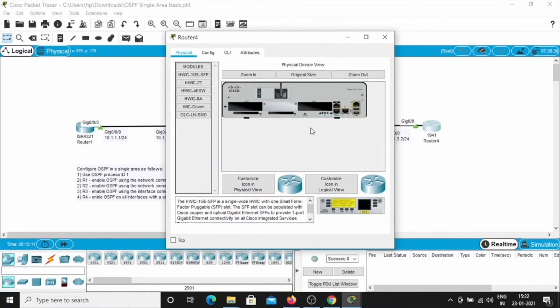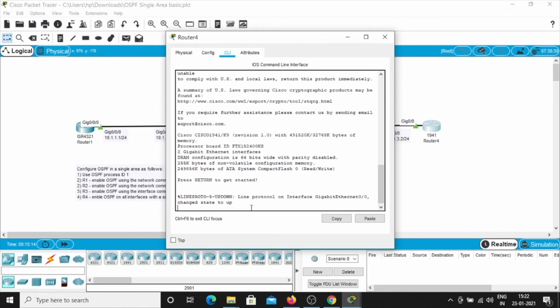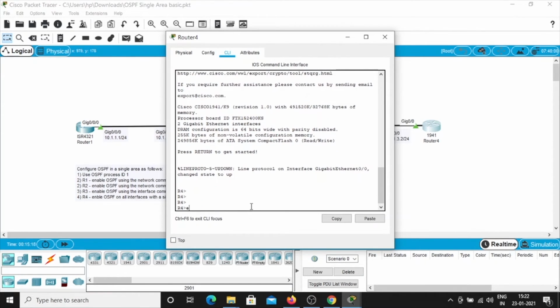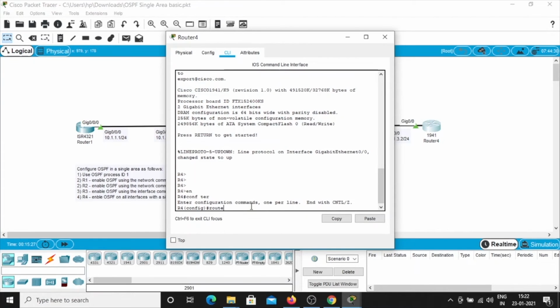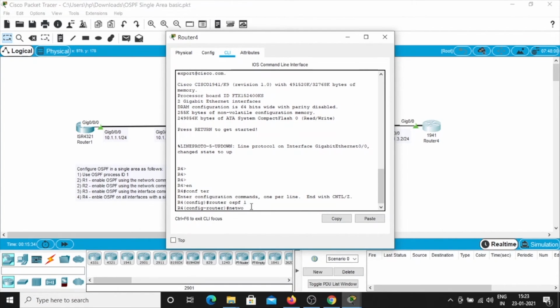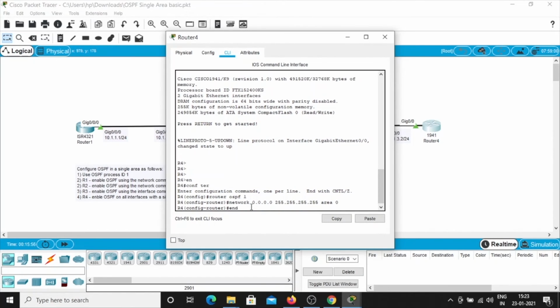We are going to click on router 4 and go to CLI and type enable, config terminal, router OSPF 1, network 0.0.0.0 255.255.255.255 area 0, and end.